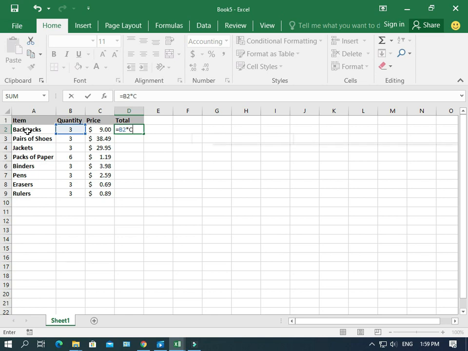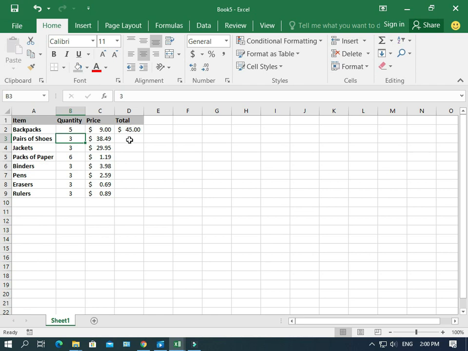So here we go, C2. And then if I push enter now, great, we're back at 27. But I'm going to now show you the real benefit, because if I change this to 5 and push enter, this automatically changes to 45. And this is the real benefit of using a computer over paper and using Excel. Okay,